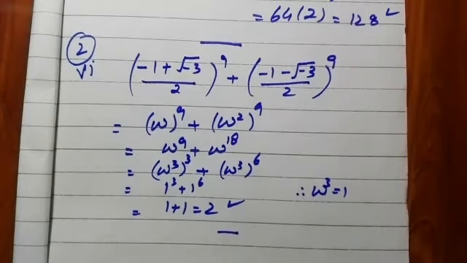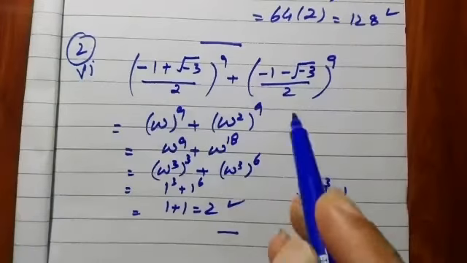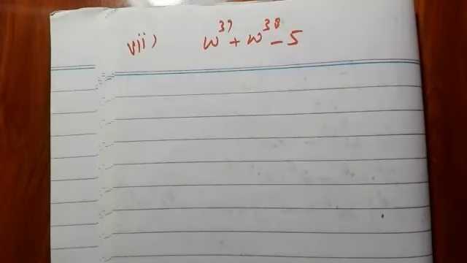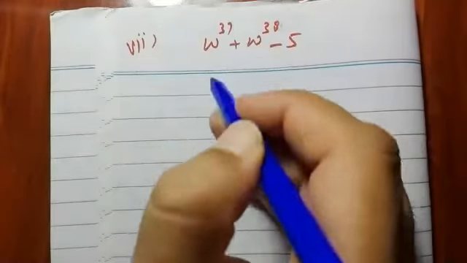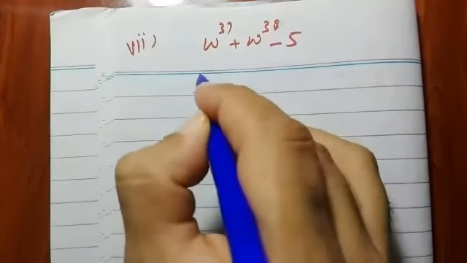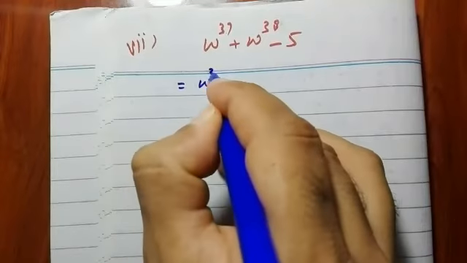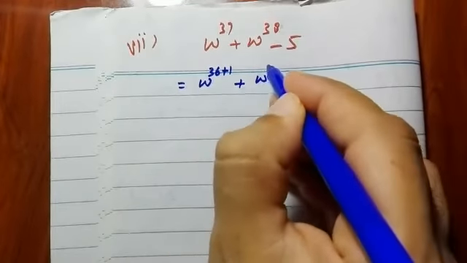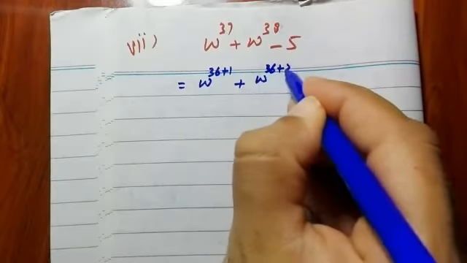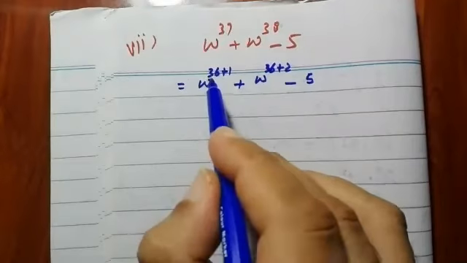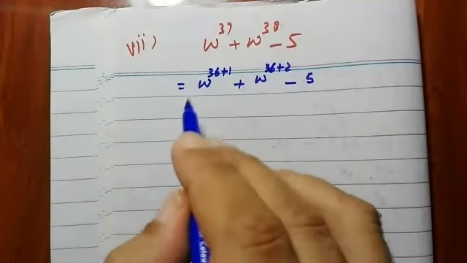Next, one more question from the same sort of questions. Now you will see the questions will be of this form. These types of questions will be there. We will divide this power 37 so that we can take power as omega 3. So 37 will first be broken like 36 plus 1, and 38 will be written as 36 plus 2. Why am I breaking it into 36? The reason is very simple, because I can convert 36 as a power of 3, and I will show how.